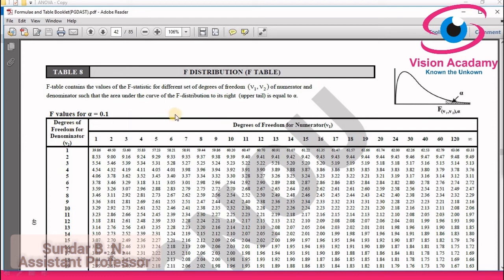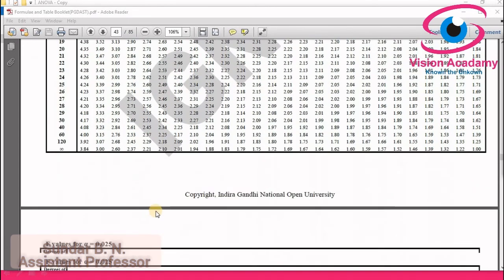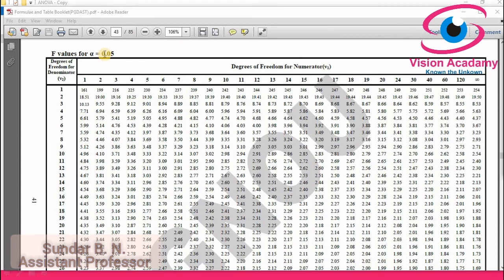So firstly, we need degree of freedom, that is V1 and V2, and alpha level. So this is for 10% alpha, that is 0.1. Since in this problem they have not mentioned the significance level, we have to imagine 5% alpha, which is appropriate for this study. So then let us go for the table for 5% alpha,